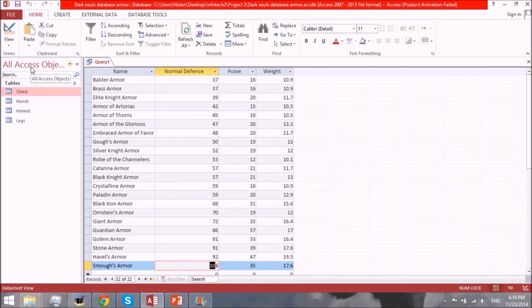There are many more commands you can type in, but those will be